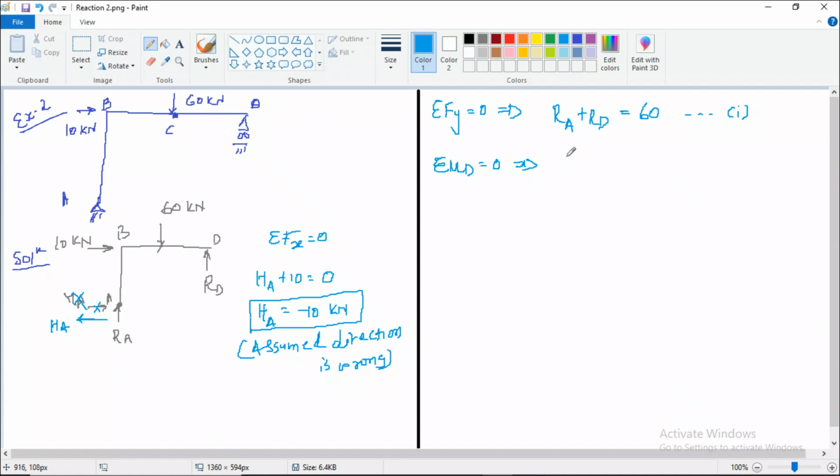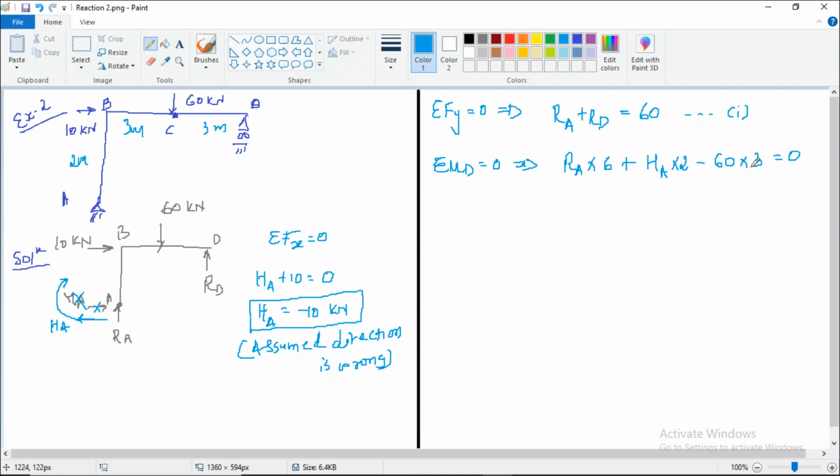First is RA multiplied by perpendicular distance. Okay, I forgot to mention the distance. This is 3 meter, this is 3 meter, and height is 2 meters. So perpendicular distance will be 6, going clockwise, that's why positive. Then we have HA. This HA will also be going clockwise, so plus HA multiplied by perpendicular distance 2, and we have 60 kilonewton force, so minus, anti-clockwise, so 60 into 3